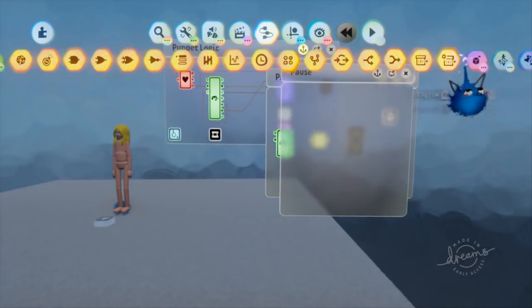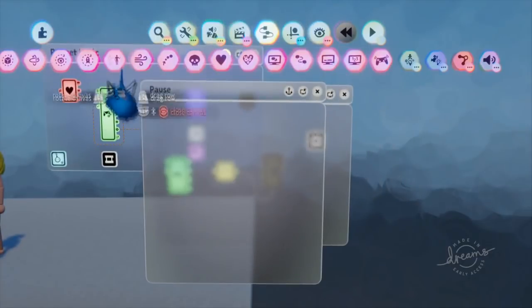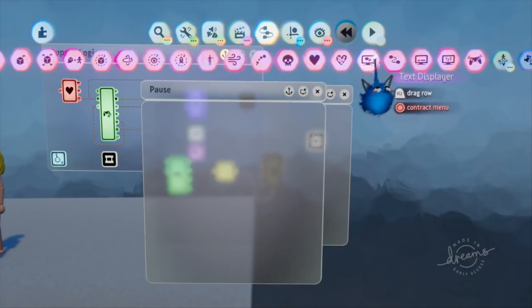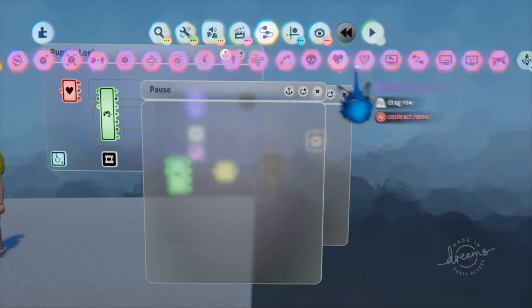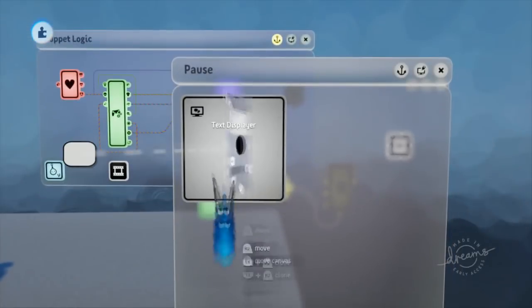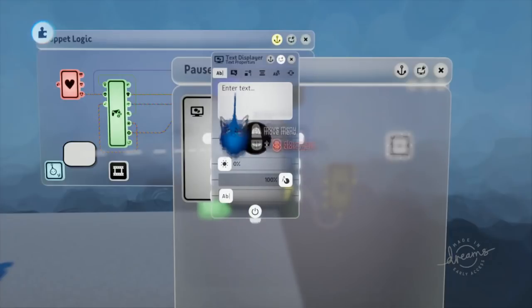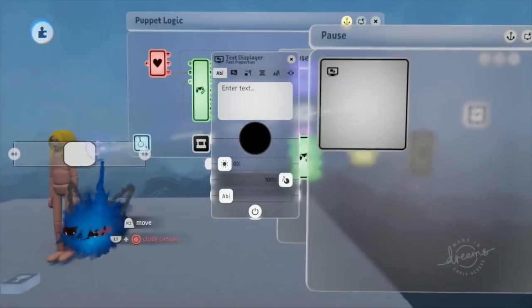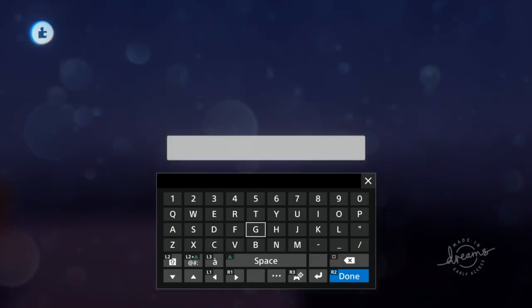So for our pause menu, let's do something really simple. We're going to get a text displayer from our movers and output section, and this is really useful. It doesn't just have to display text, it can display background elements and all sorts of stuff. So you can make really anything with text displayers, which is what we're going to be building most of our elements on our screen out of. So we have a text box, so we're going to have just pause